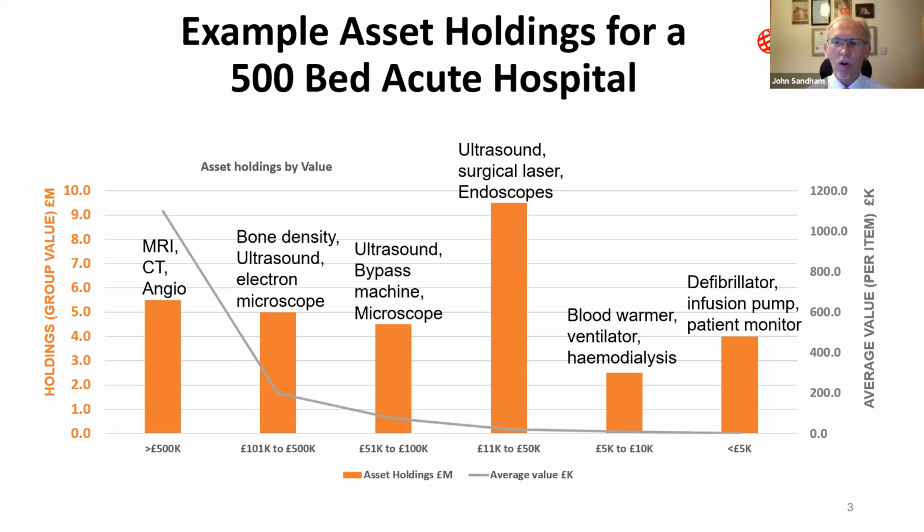To build a picture of the complex nature of NHS inventories, I have put together a couple of slides showing asset holdings and grouped average values. The average healthcare organisation holds a wide variety of devices that may range from low volume, high value items such as magnetic resonance imagers worth over £1 million to high volume, low value items such as non-invasive blood pressure monitors worth less than £1,000. This graph is a visual example of an NHS acute 500-bed hospital inventory broken down by